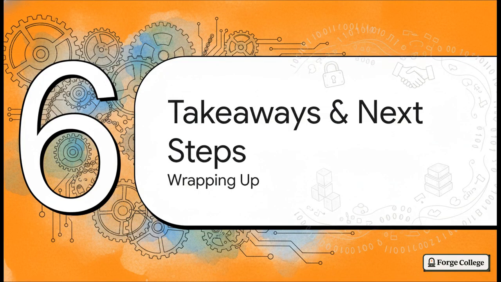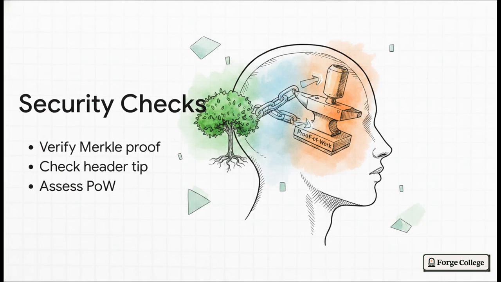And finally, Section 6. Takeaways and next steps. Wrapping up. We've covered a ton of ground today, pulling all these concepts together to see how these core mechanisms ultimately solve the white paper's original challenges. Because consensus in this system is emergent, meaning no single boss node makes the decisions, and finality is probabilistic, meaning security just grows stronger as more blocks are added, you can actually use these 3 concrete mental checks to evaluate